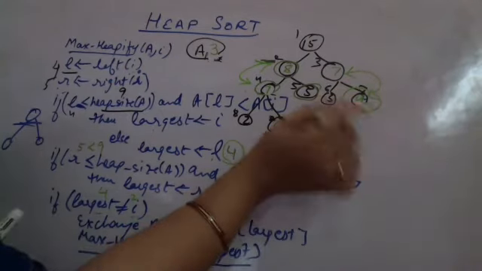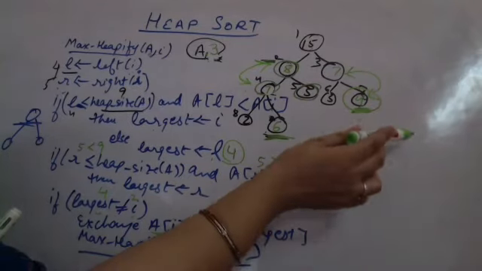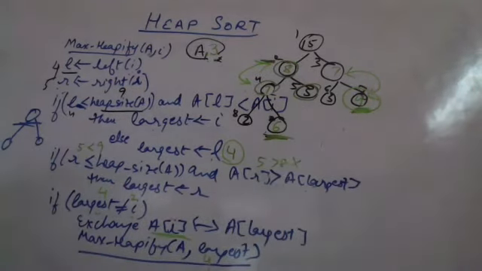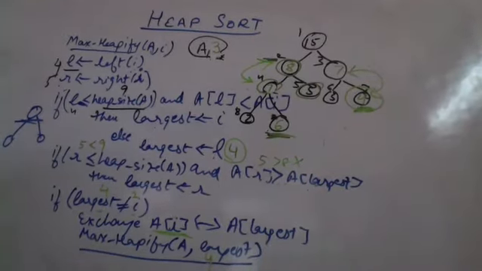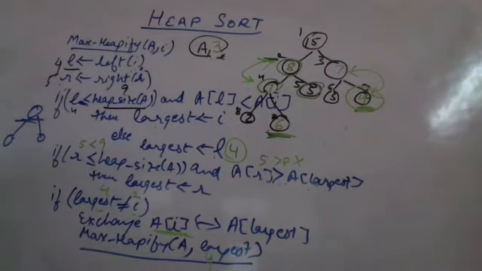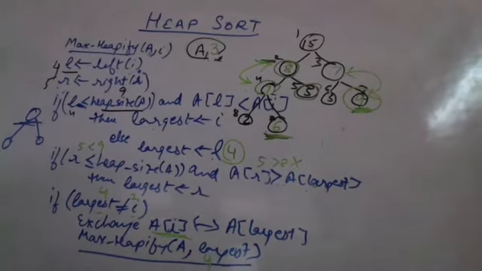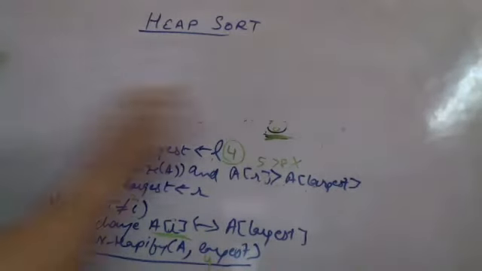Heapify 4 के लिए call होगा, no children, so it would not happen. Now this is in the heap. It is now satisfying all the properties of the heap. This is what the max heapify procedure is. Same thing happening. Let me take one more example to clear what is the max heapify procedure.